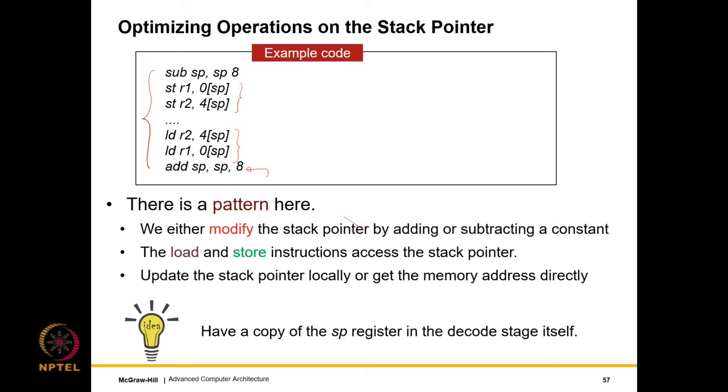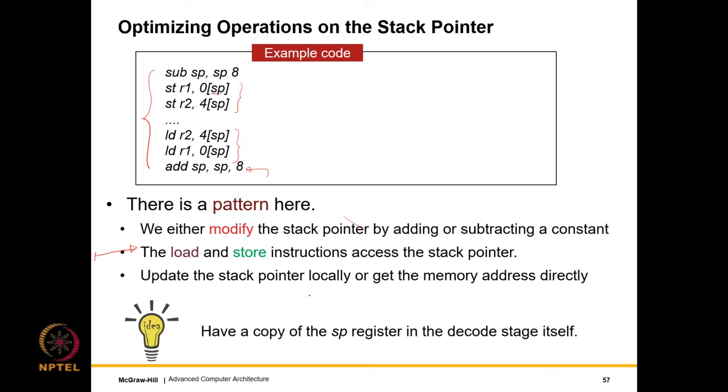If we look at all of them, we are essentially reading in the contents of the stack pointer, adding 0 in this case, adding 4 in this case, adding 8 in this case. So in all cases, we read the contents of the stack pointer and do some add or subtract. The other is that the load and store instructions access the stack pointer, of course, and then add and subtract small constants, compute a new address, and then go and access that address. So here is the idea: update the stack. Since we anyway fetch and decode instructions in program order, why can't we